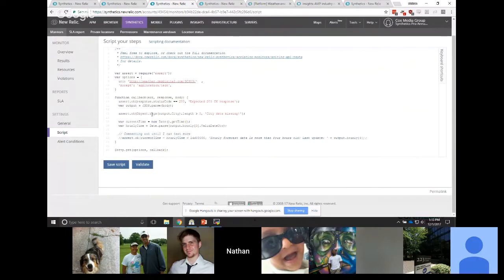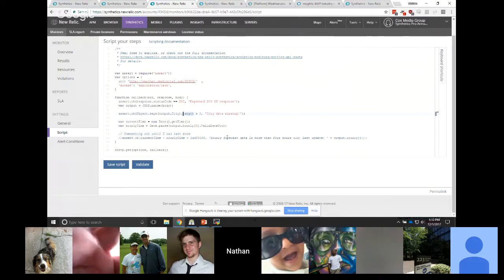It verifies that the output has the city key in it, because if it does not, Method freaks out. And then it has some extra code in here for making sure that the forecast is not more than, say, 4 hours old. I have that commented out at the moment because it's running into a problem where overnight the forecast is